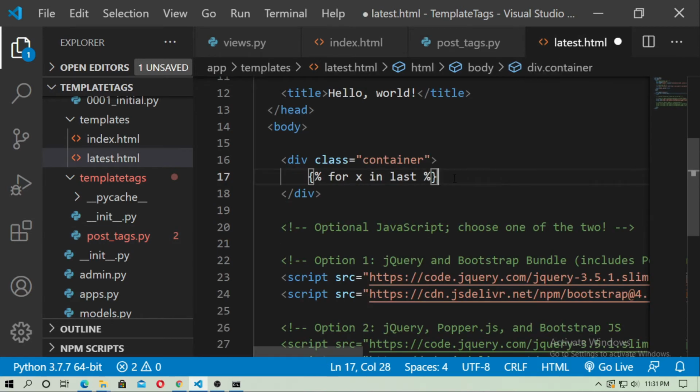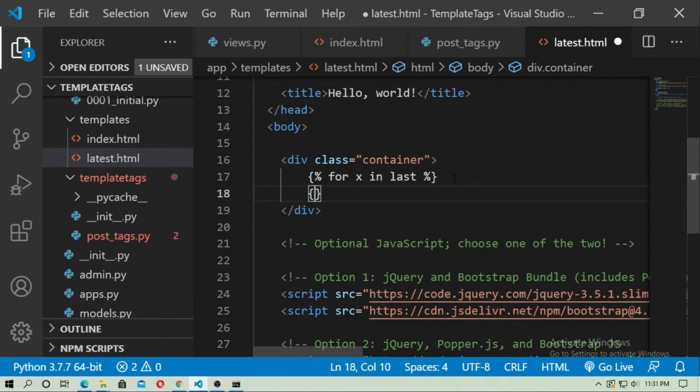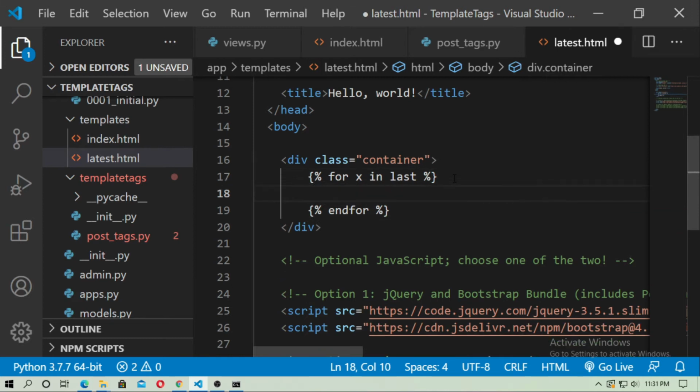Now end the for tag with end for. Inside the for loop we grab all values from last. Just type x dot name, because I just want to grab the name of the student.